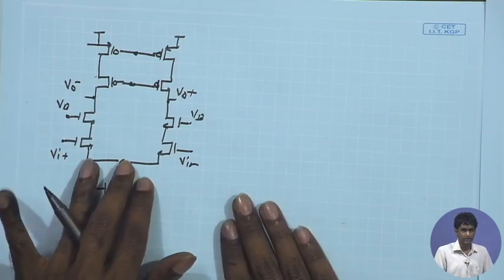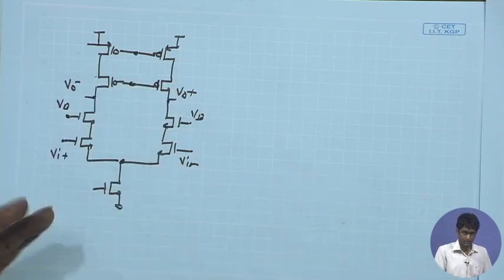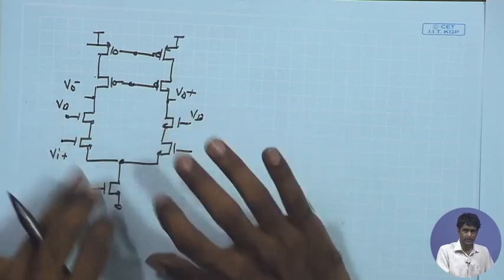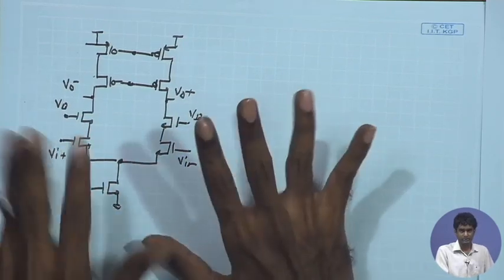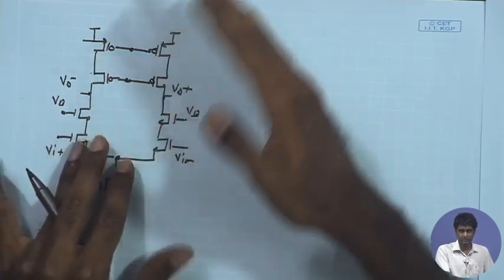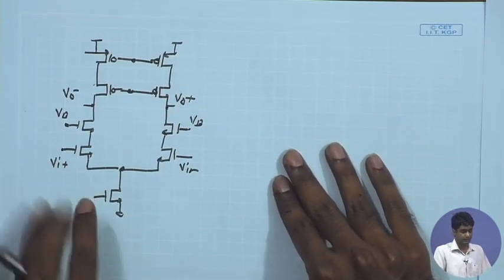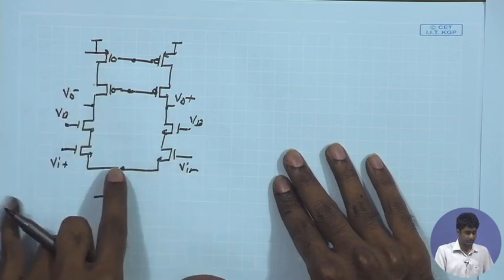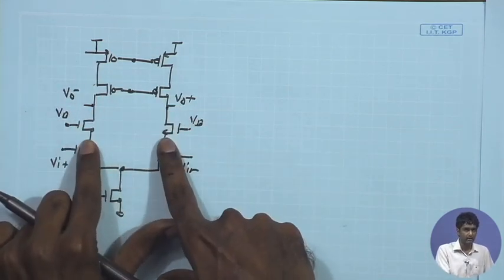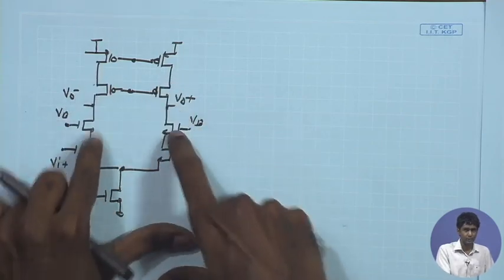Only thing is we have to look at the other considerations: frequency response, swing, bandwidth, etc. Now, whatever we discussed with respect to the frequency response and the bandwidth remains more or less the same, as applicable for the single ended case, because for frequency response, once again this is AC ground for the differential operation. You have a dominant pole over here and non-dominant poles at these 2 points,